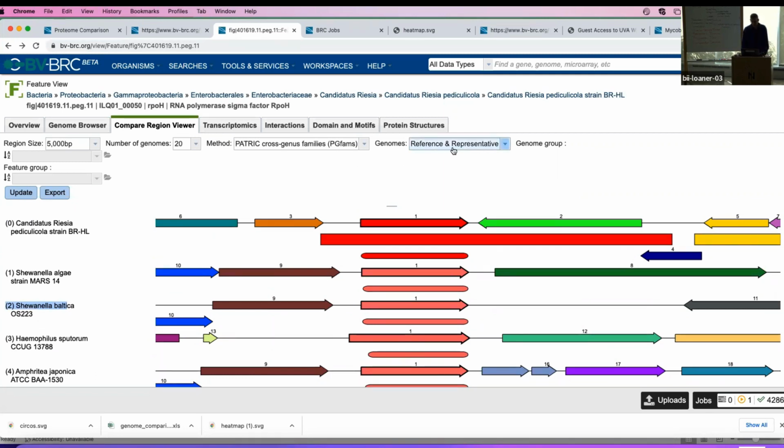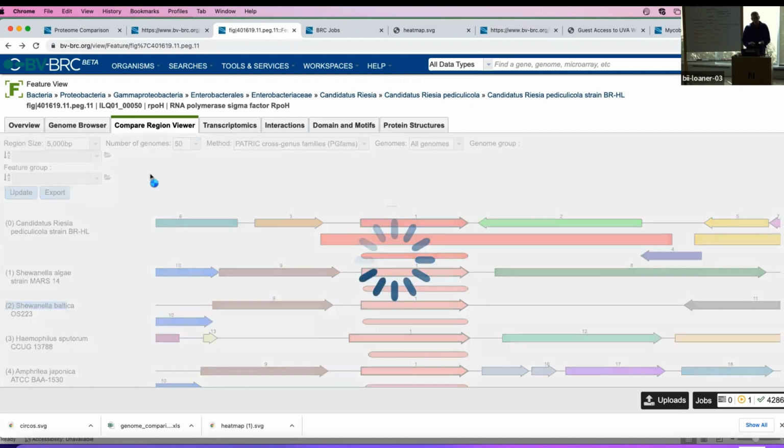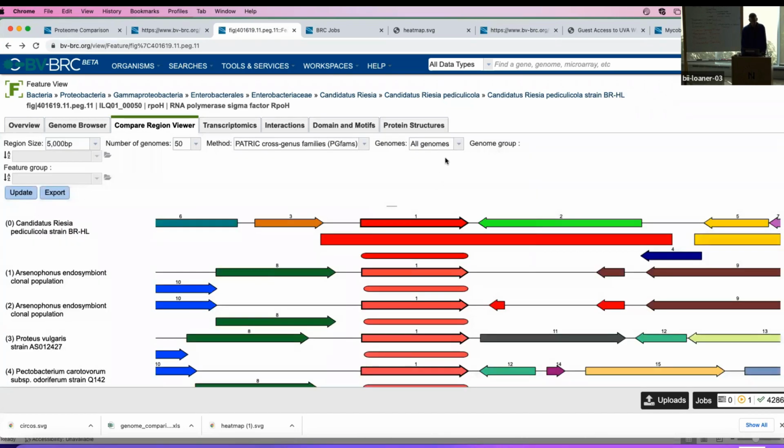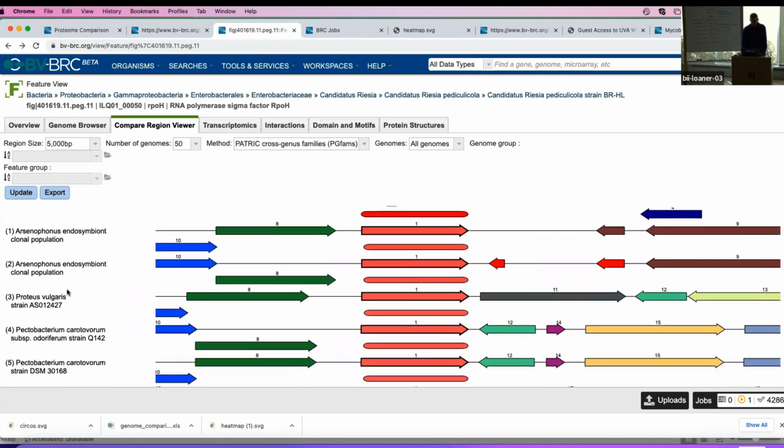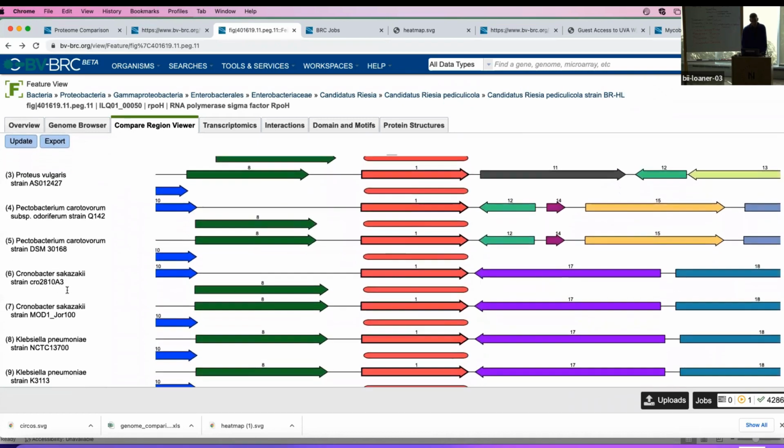This next item here we see is that the Genomes tab has the choice of genomes that we're looking at. So right now, for performance purposes, we look at the reference and representative genomes. We can switch this to look at all genomes. And for grins, let's go up to 50 here. This will widen the scope of the genomes that we'll choose to put into this display. We'll see if we hit anything a little closer here. We pulled in a couple more endosymbionts here, which is sort of interesting, but still nothing that's what we were